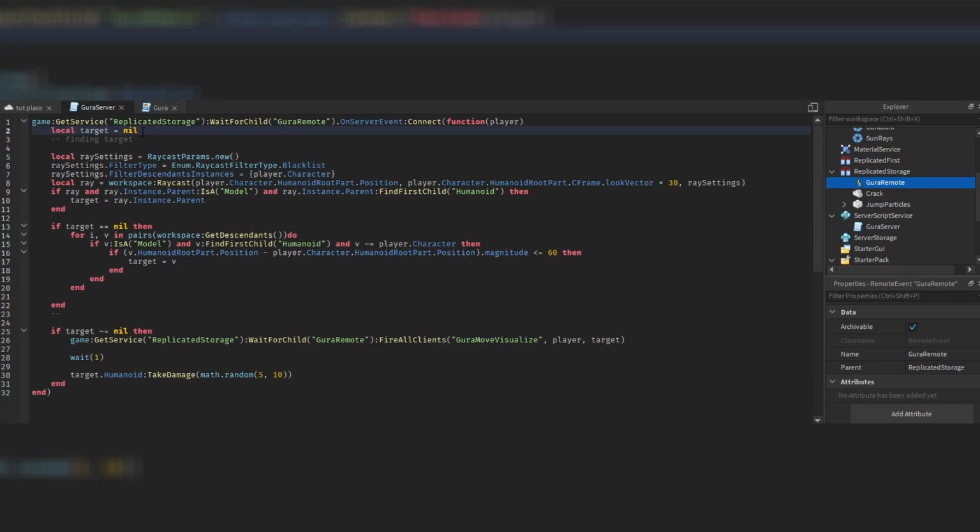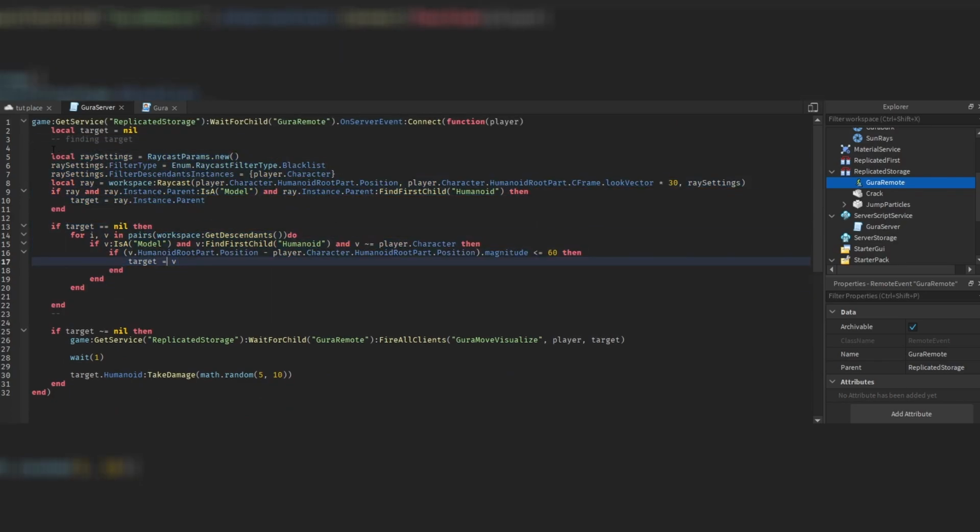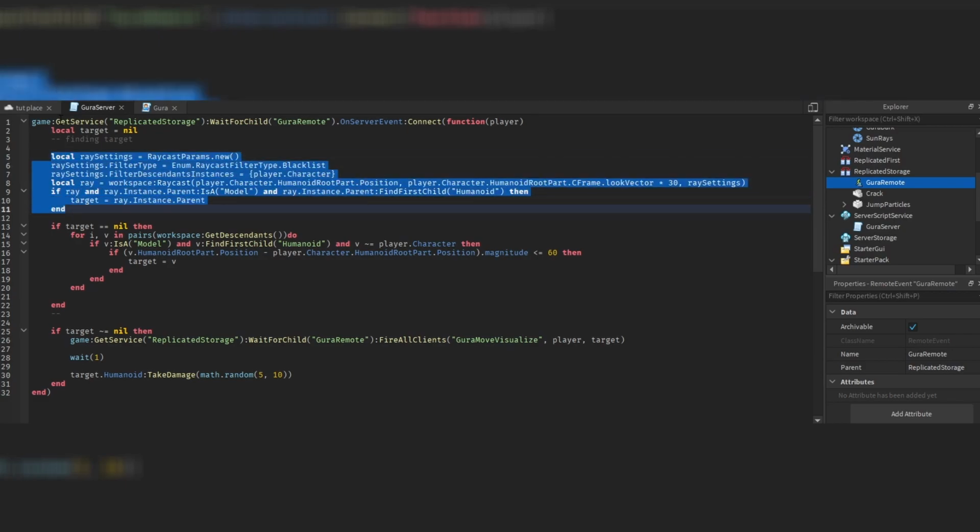So target equals nothing at the beginning. Now, I have added a comment right here saying "finding target," and this is basically what happens in those lines. So we are now looking out for a target, and we have two ways to approach this. The first way is via raycasting. So we are basically setting up a ray, and then we are looking out for people who are intersecting with that ray, who are